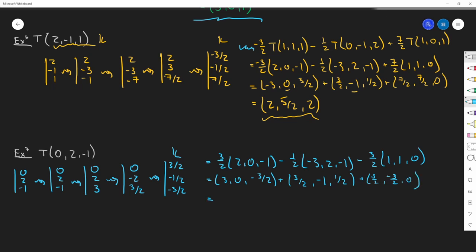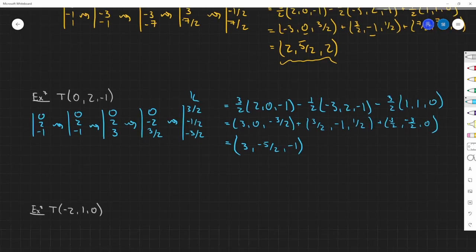Combine them all together, so we have 3/2 minus 3/2 is 0, so we're left with 3. 0 minus 1 minus 3/2, so we have negative 5/2. And then 3/2, negative 3/2 plus 1/2, it is negative 1. So that's the answer to the 7th one. And then our last one,